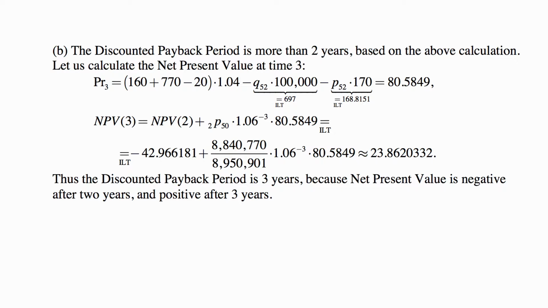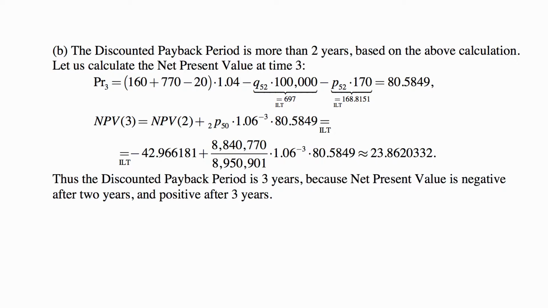We're going to have a profit in the third year of what? The initial reserve plus the premium minus expenses accumulated at 4%, minus the cost of mortality, which we get based on an illustrative life table, minus the reserves for the surviving policyholders. And this ends up being 80.5849. And net present value based on the first 3 years is the net present value based on 2 years